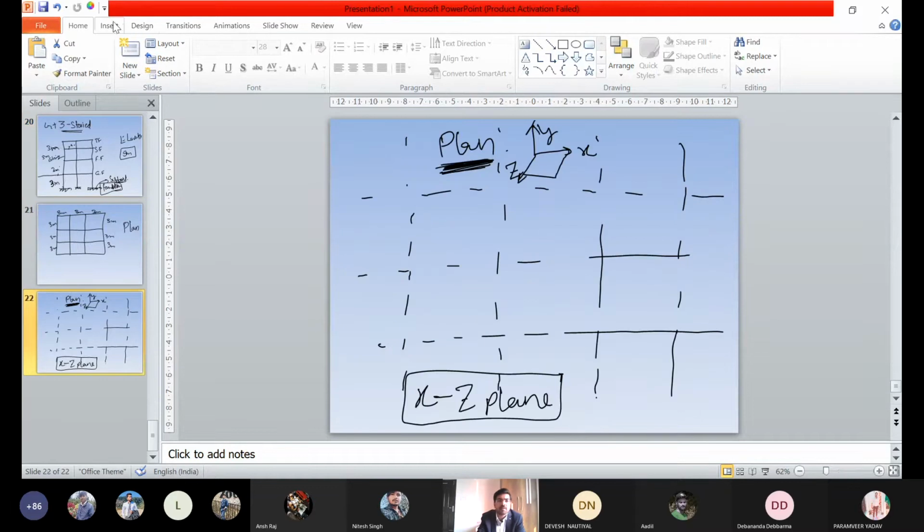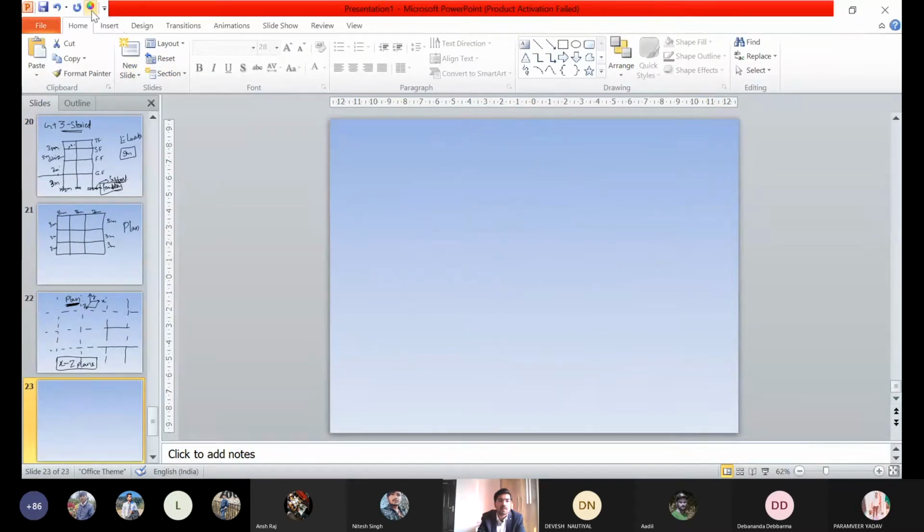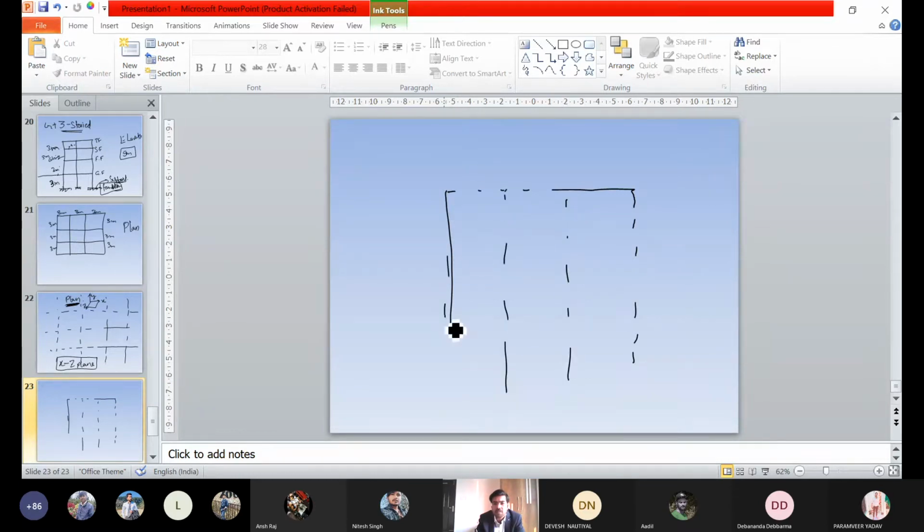For the elevation, it is asking for reference lines for the elevation also, right? What are the axes of this plane?